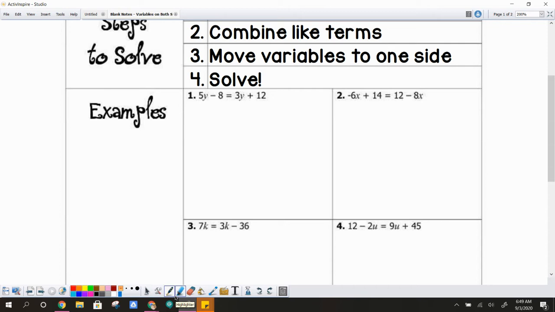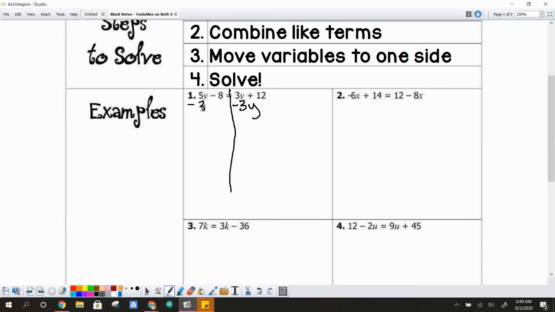It doesn't matter which side you choose. Just know that I may end up picking the one that's smaller, or it may just be moving the one from the right side to the left. It doesn't matter which one you pick. I typically pick the smaller one though. So for number one, I have 5y and I have 3y. My smaller variable there is 3y. So I'm going to go ahead and move 3y